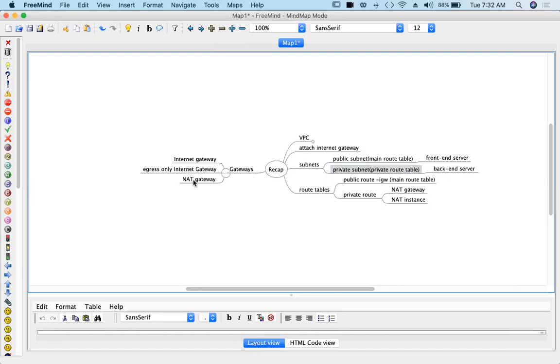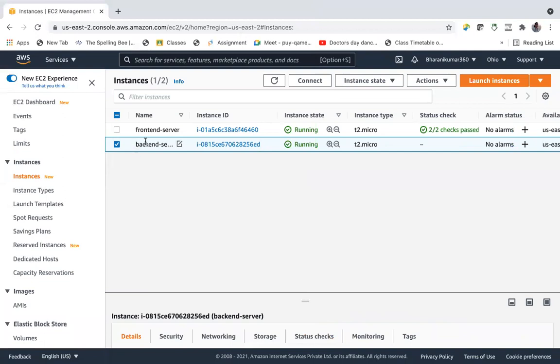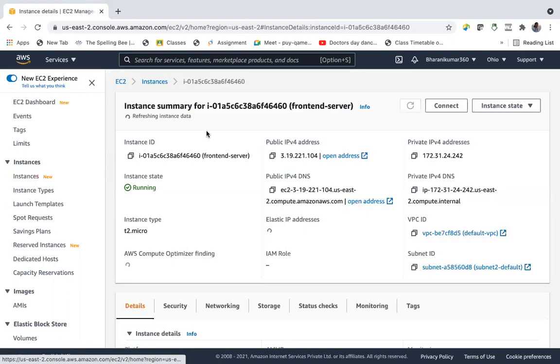And we also created a NAT gateway and added a route in the private subnet, right? So let's go, we will see. Front end server, let us connect to it.